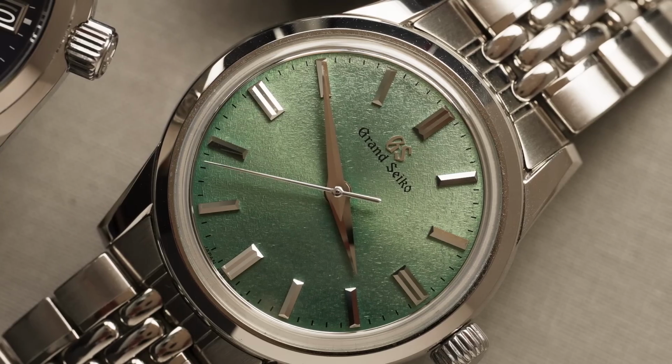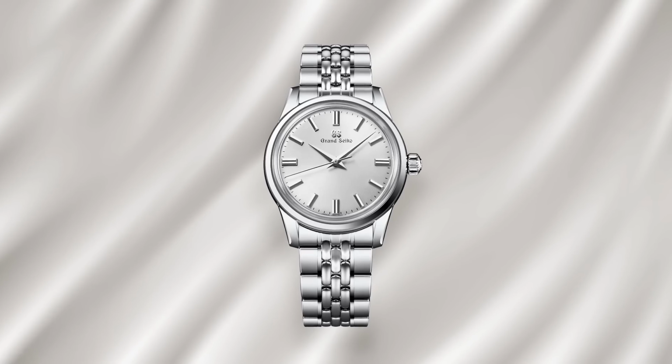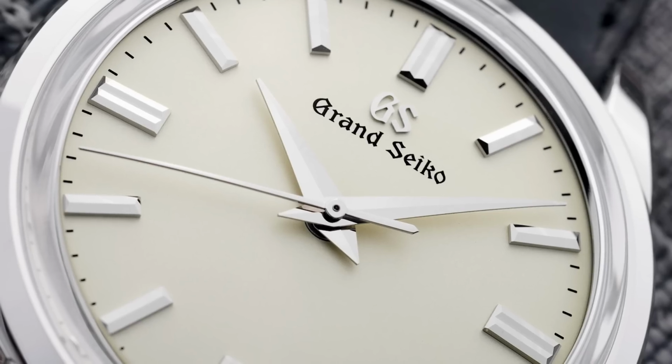This line got its time in the spotlight in 2022 when various new dials and limited editions were launched, including the US exclusive Geneve Valley Trio, of whose subtle charms I fell prey to, resulting in the watch on my wrist, the SPGW 277. For the very end of 2023 and leading into the future, a new generation of this line has been kicked off with the 301 and 305,